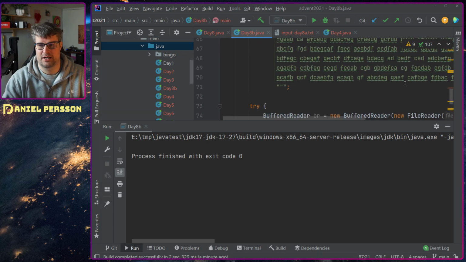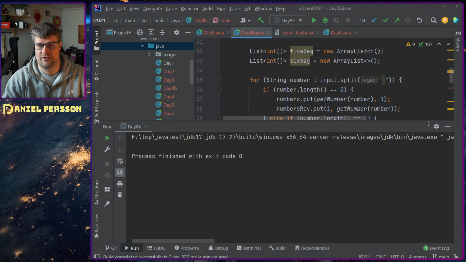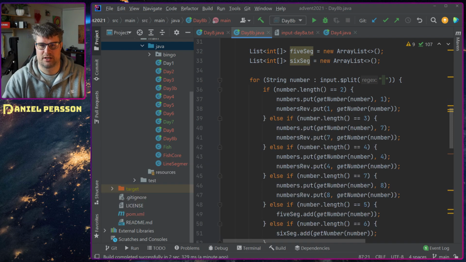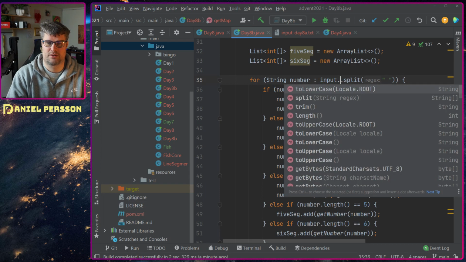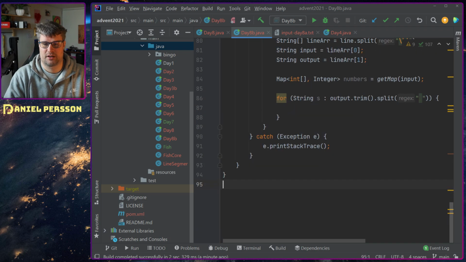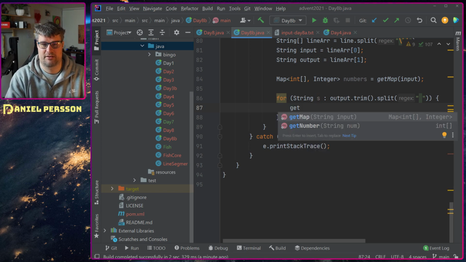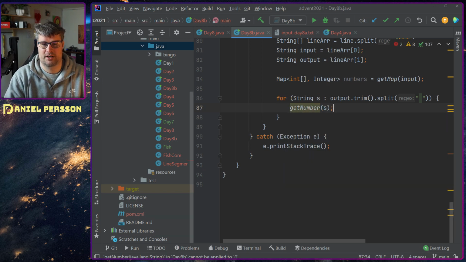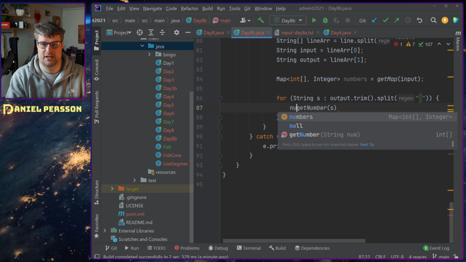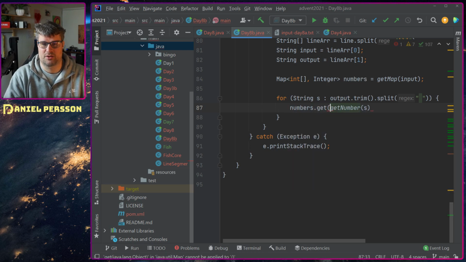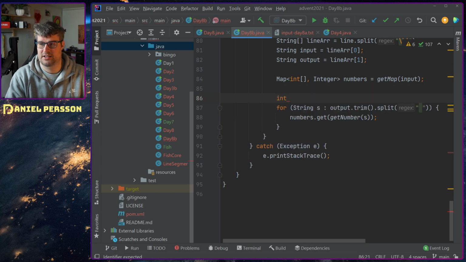I think we can do that with our first function as well. Let's do a trim here, just so we don't have any extras. So here we will take this string and get a number of this string, and then we will take numbers and get the actual value of that, and then we will take int